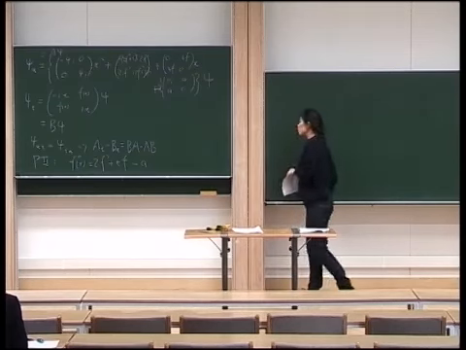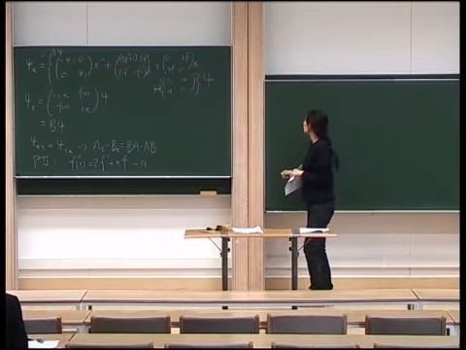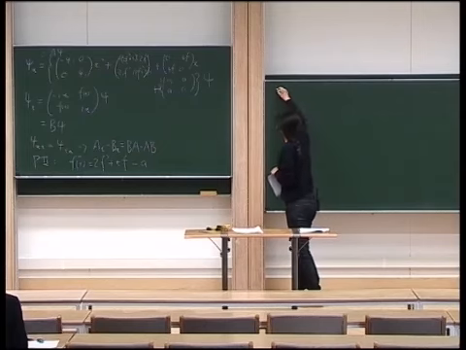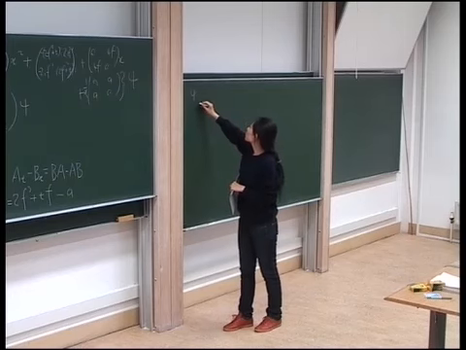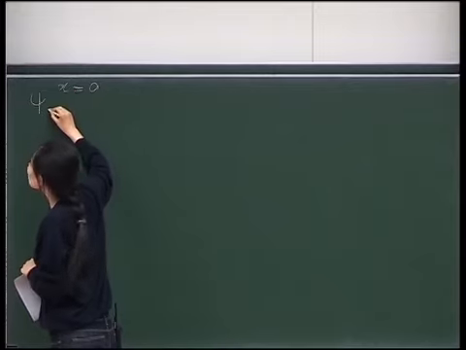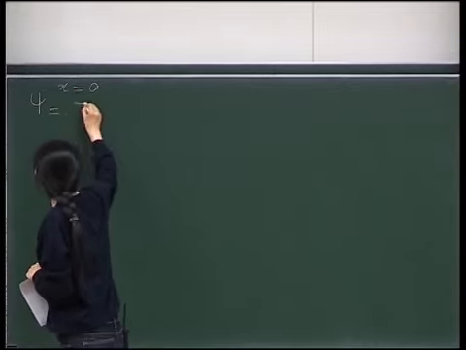So from that, we know what kind of form of expansion we can have around x equals 0 and infinity, respectively. The expansion of the solution around x equals 0 takes the form